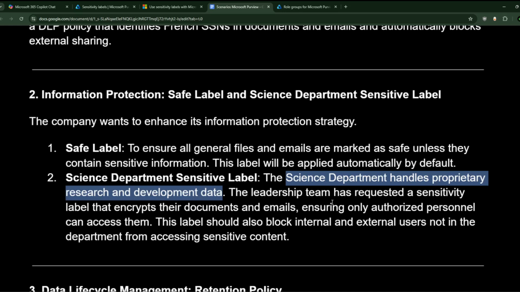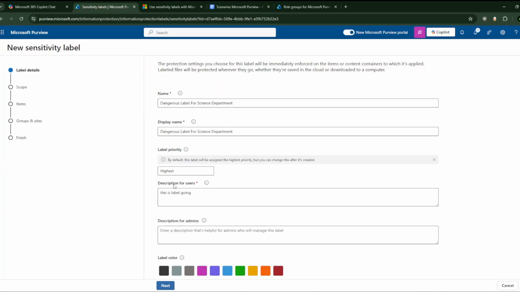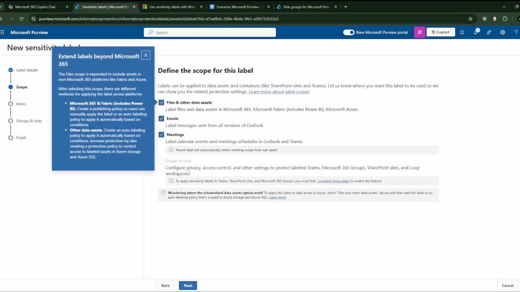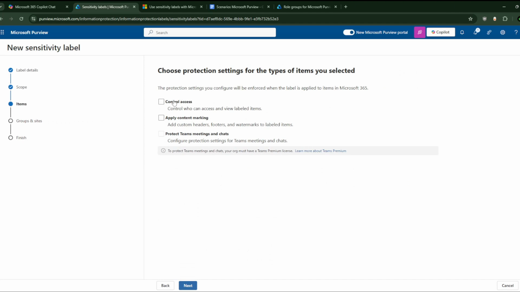Yep, and here we will take that, and we will say this label. Science department handles property research and development. Science department label for productivity research. Yeah, let's do this. And for admin this, and here it will be like, yeah, it will be in red. So let's just go next here, next. So of course guys, we want this, so I'm just going to be a little bit faster, guys, okay,